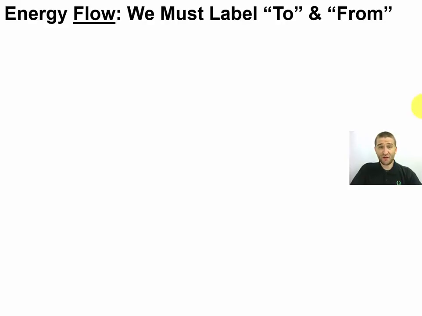One thing that many students find very confusing is this whole idea of how energy is going to flow in these cases. Now, that doesn't seem like it'd be that tricky, but try to decide what a system and the surroundings are going to be in a couple of examples, and you'll quickly start to see why we have to be really, really picky with how we describe our system and our surroundings in order for us to actually understand how energy moved around in a reaction or just in a physical system.